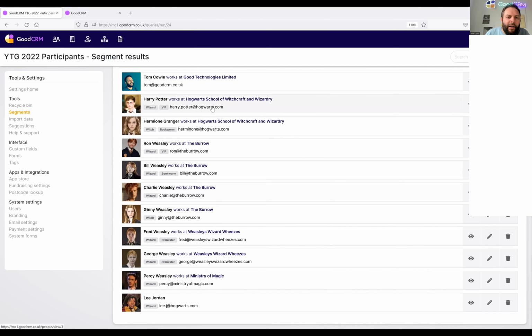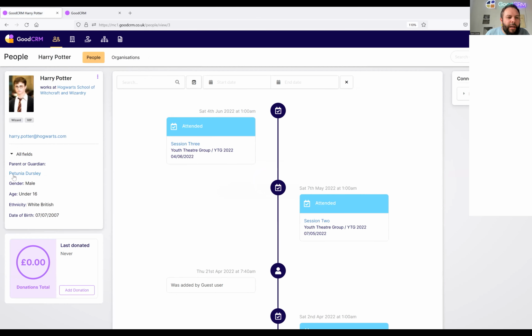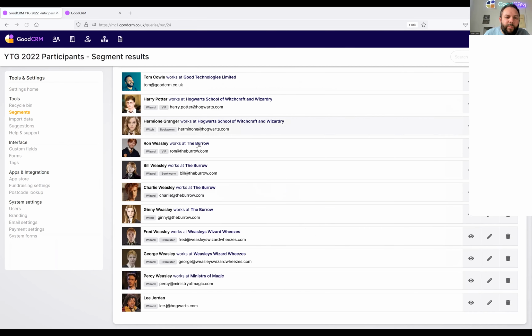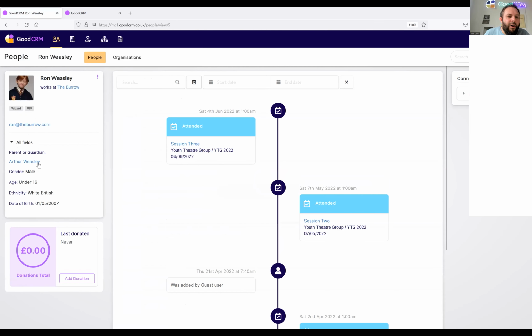So if I have a look at Harry Potter here, for example, if I go to my all fields, I can see that the parent or guardian here is set to Petunia Dursley. Let's have a look at some of the other people on our list. So Ron here, Ron's parent or guardian is set to Arthur Weasley. So we can use this chaining again to find the people that are connected to our participants